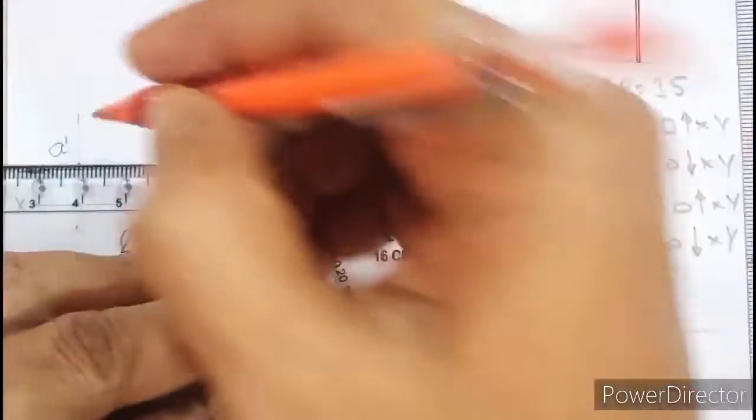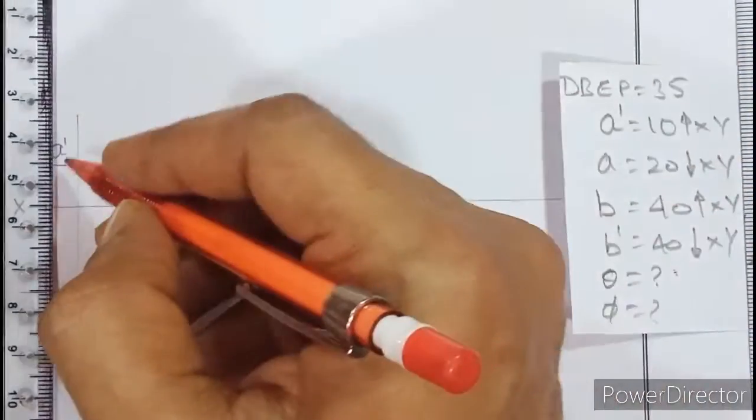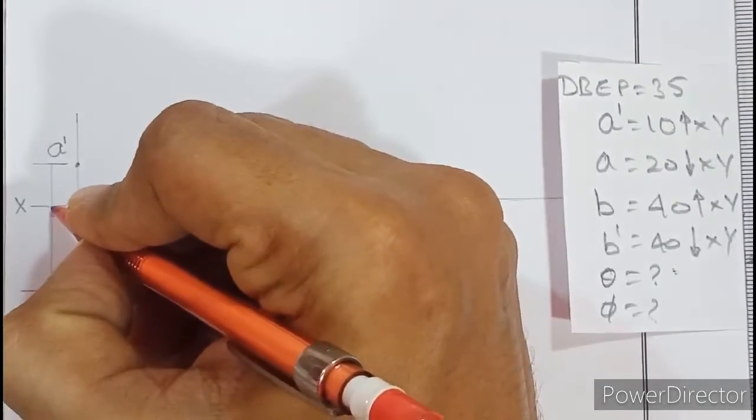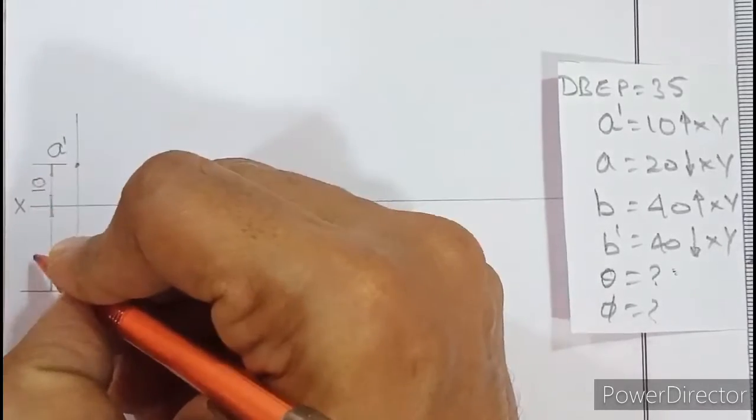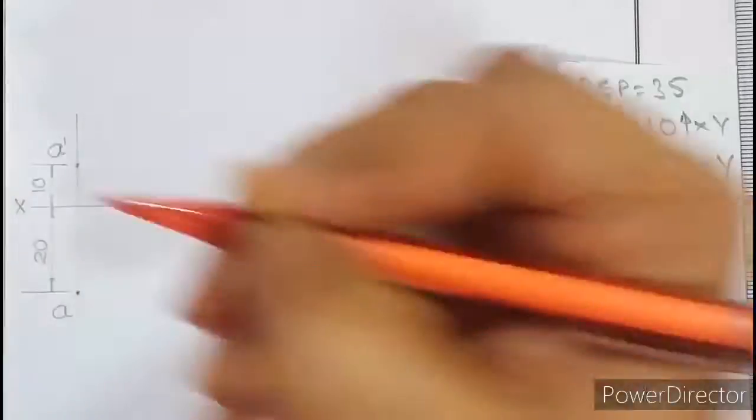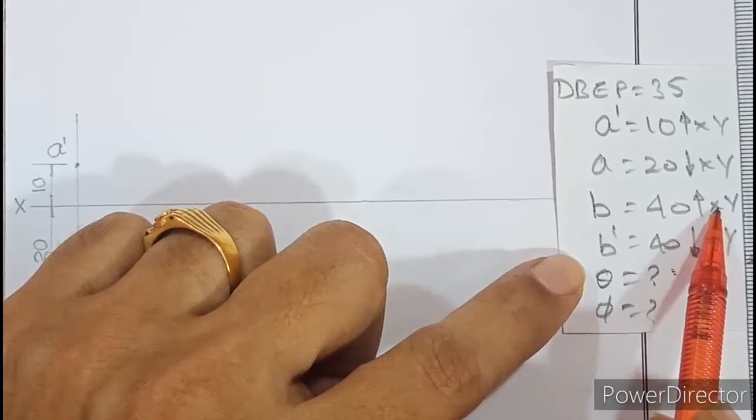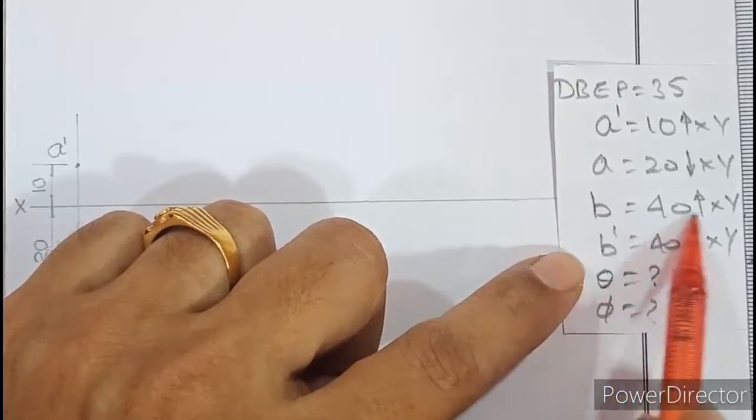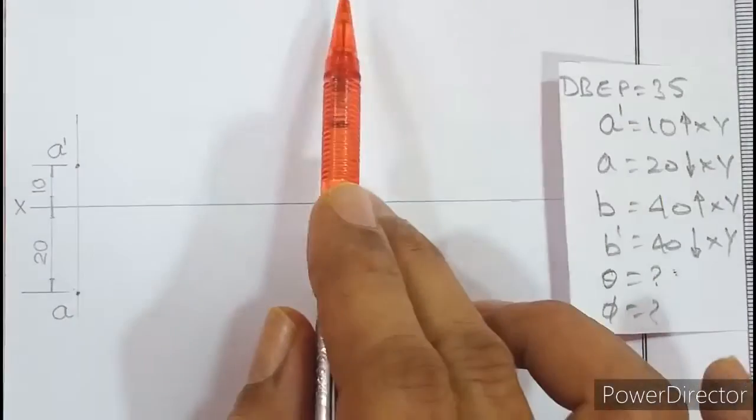So from here when you slide up and come down, so here we can show dimension 10 and 20. So this is 10 and 20 is here. So the next position data is B is 40 above. Okay, so now there is an exchange offer. Instead of B dash, now it's B which is 40 above XY. So we don't know where exactly B is right now, but we can move up by 40 and we can